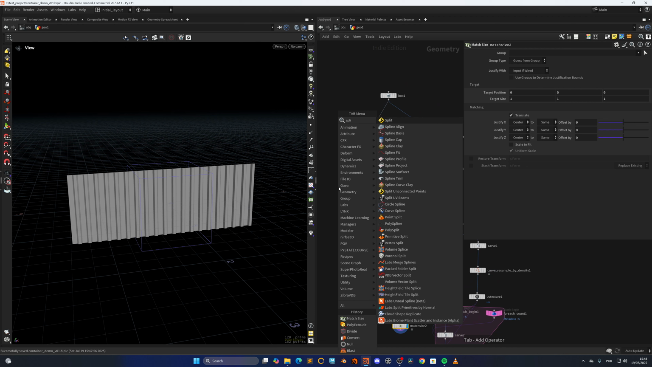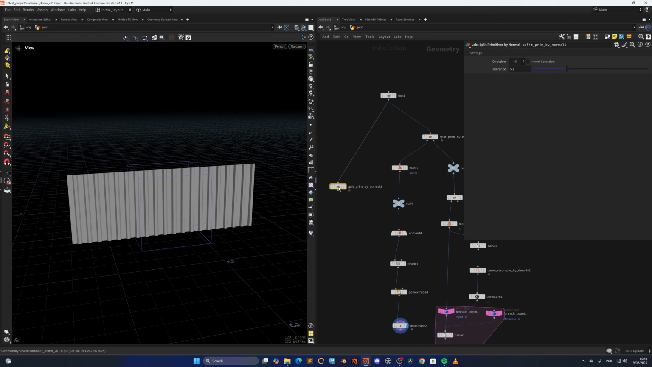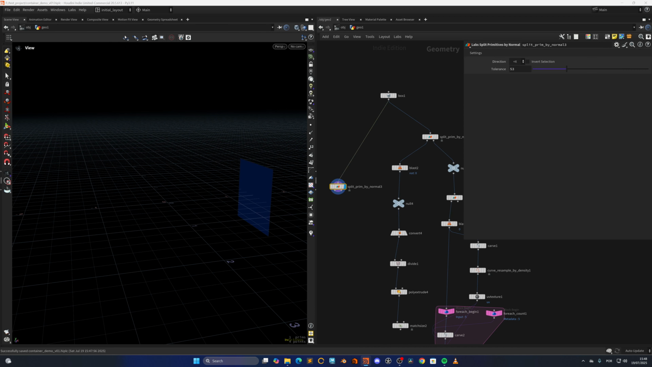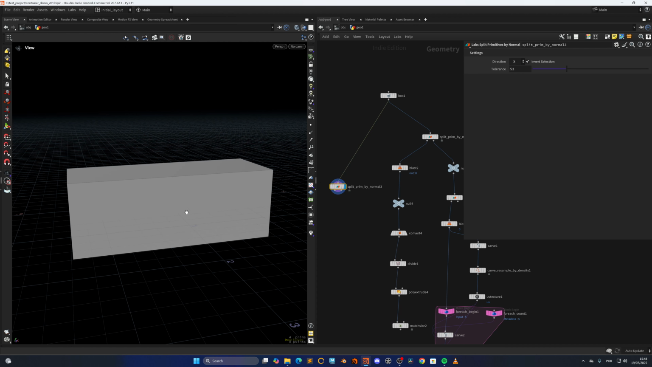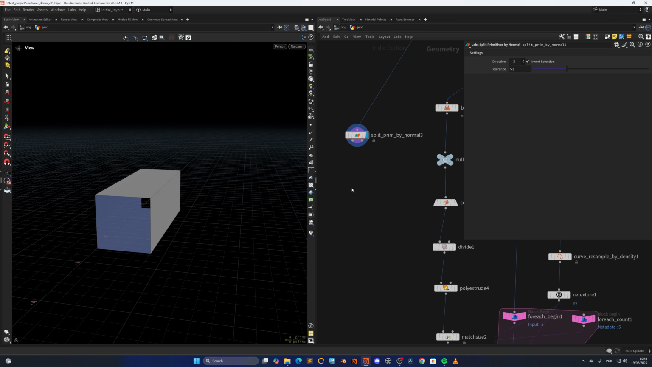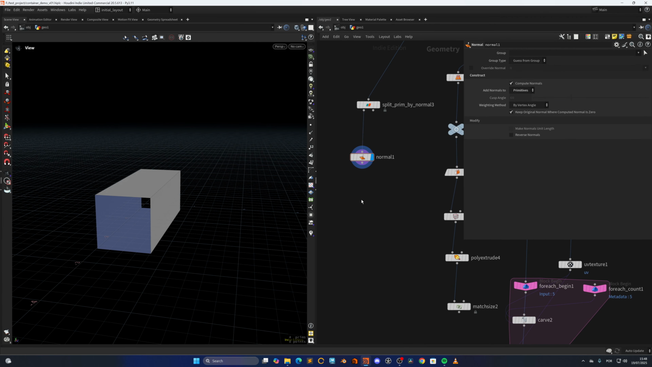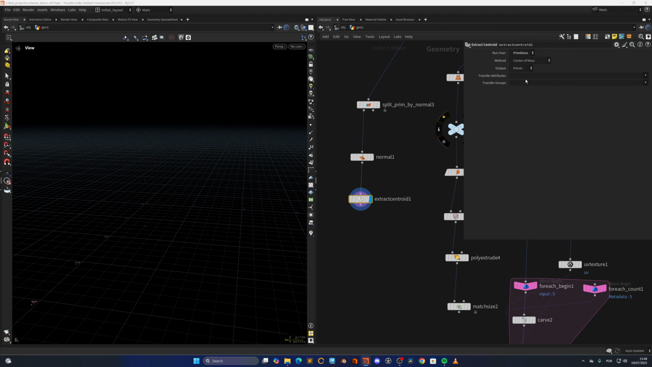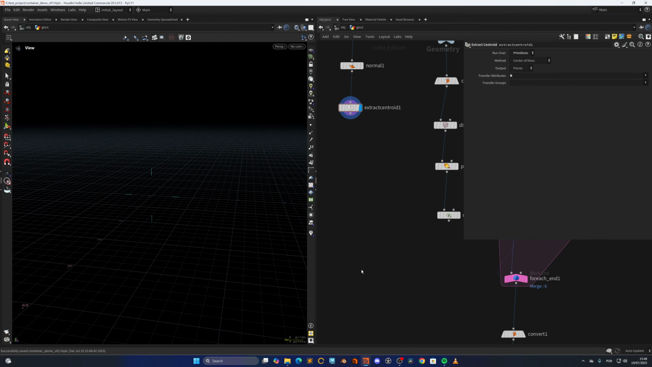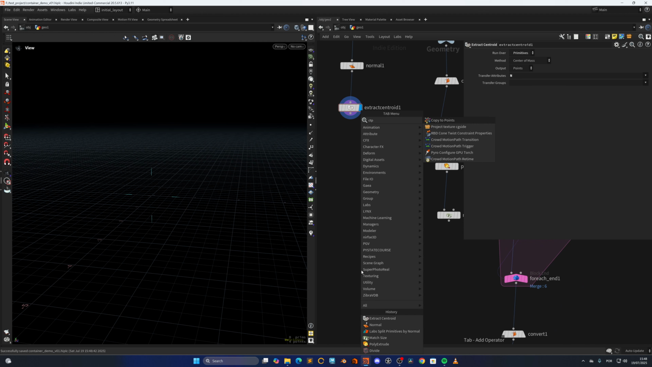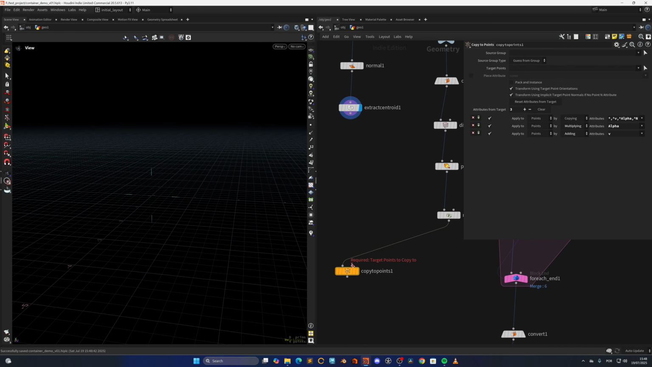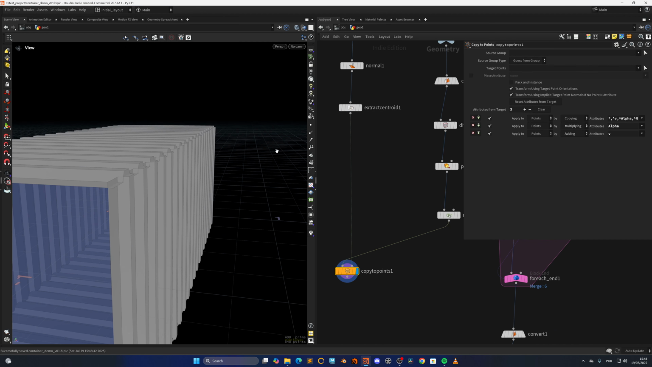Now let's do another split by normal. And in this case we will just do x, and let's invert to have these ones. Let's create a normal along the primitives, and let's do extract centroid, and we will run it on primitives and make sure we transfer the normals, so this way we can copy these 2 points. So copy 2 points, and let's copy these to these points, and as you can see we